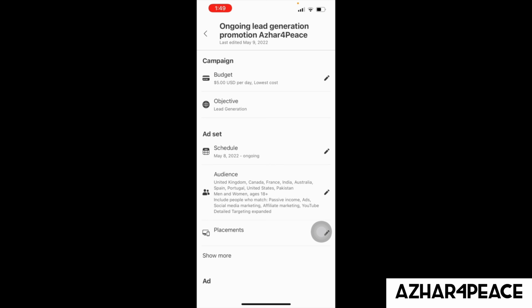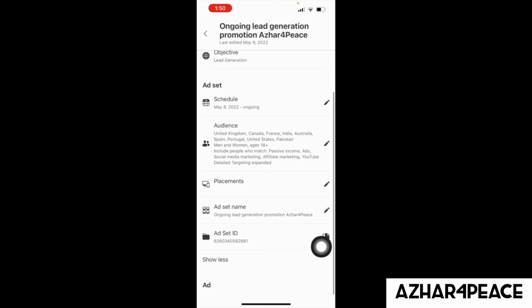You can also select the objectives. Sometimes you can select lead generation. Sometimes, it gives you the opportunity to get the leads to contact you through your WhatsApp or your Messenger. So it depends on you how you want to do it, how you want to run it. Also, let me see what is in here. So yeah, that's pretty much it right now.